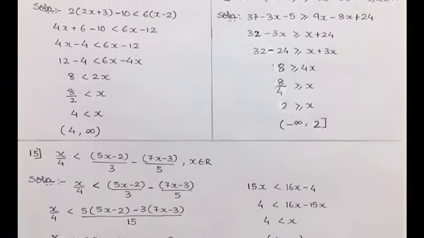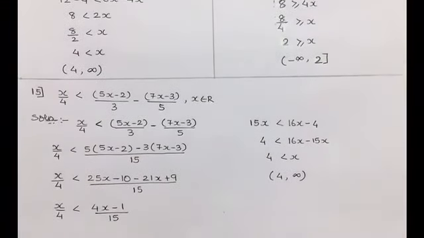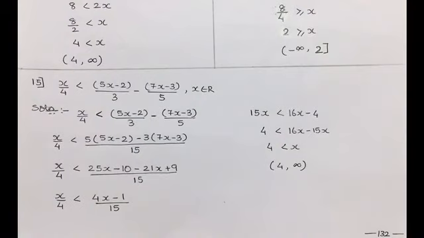Now 15th one is given in the form x by 4 less than (5x minus 2) divided by 3 minus (7x minus 3) divided by 5. The very first step for solving this will be LCM. Now LCM towards the right hand side will be 15. So it will be x by 4 less than 5 into (5x minus 2) minus 3 into (7x minus 3)